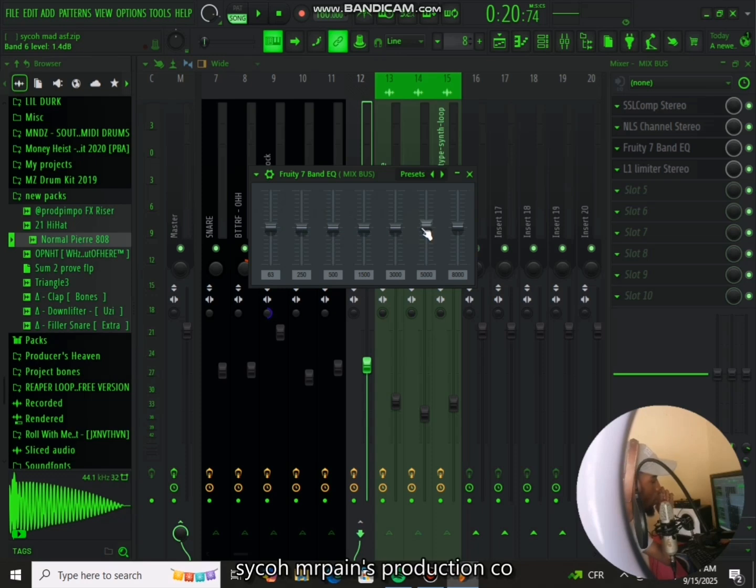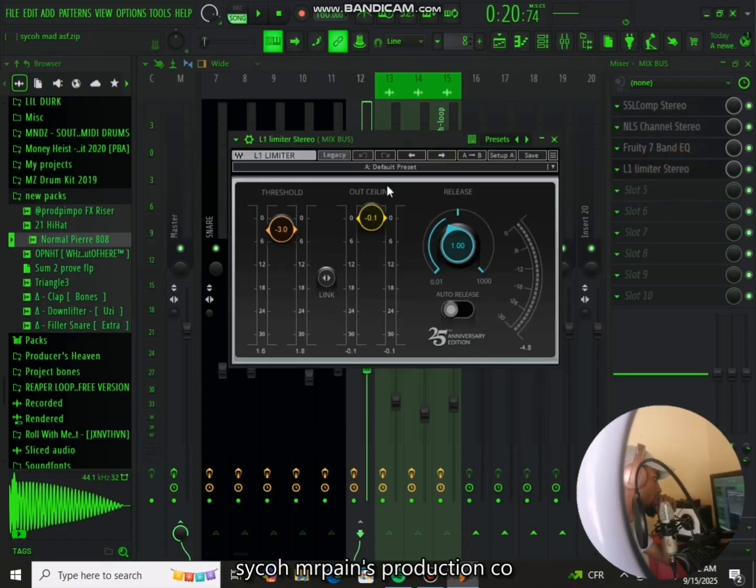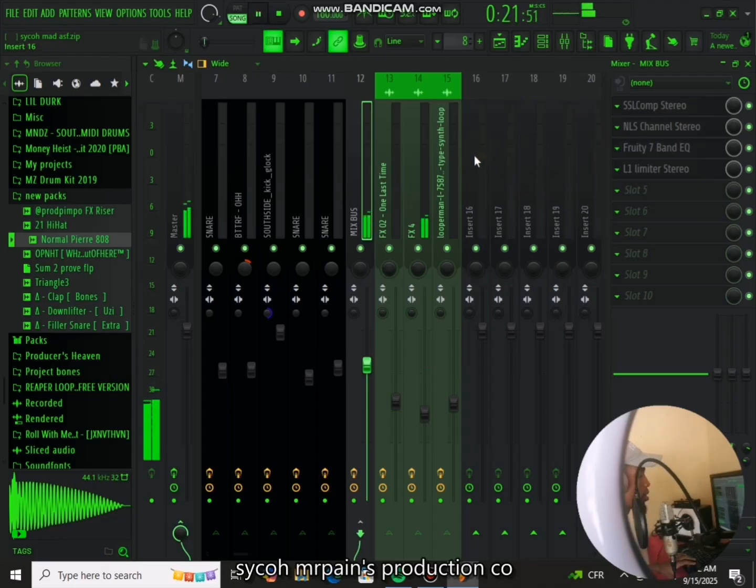Here on the clarity part, we just add about 1.4 dB, and then here 0.8 dB, just to give that kind of thing. Lastly, the limiter: our ceiling here is negative 0.1, and our threshold on negative 3.1. That's all we did here, and then we got this kind